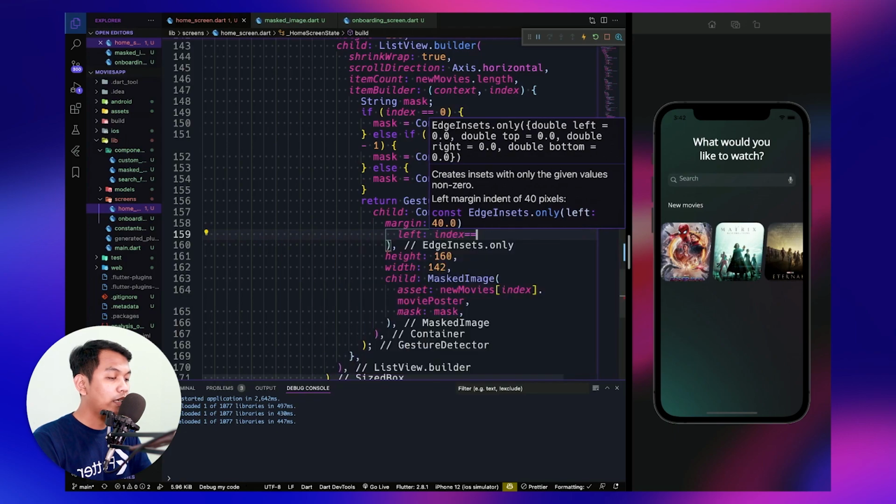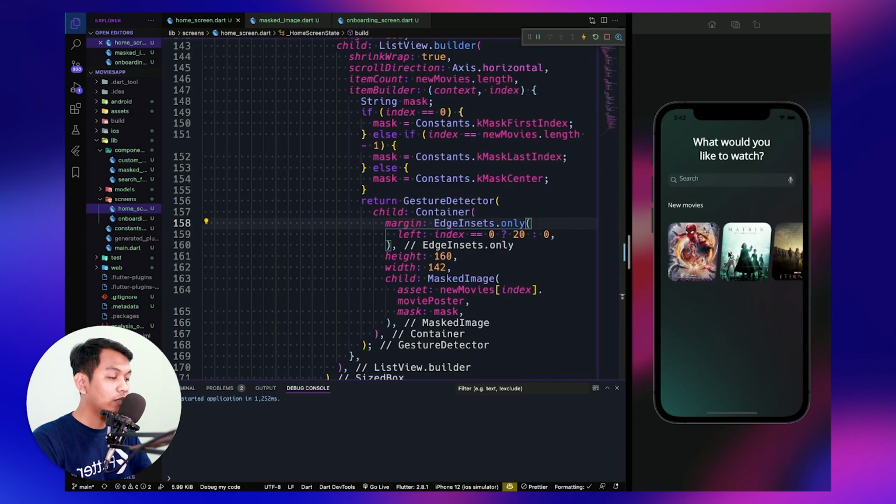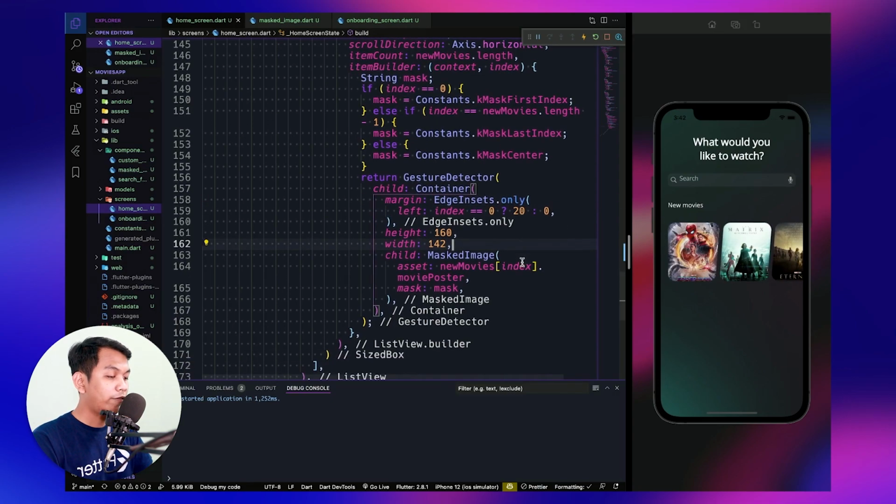If the index equals 0, we give the left padding of 20, and when the index is not 0, we give padding 0. So we don't give any padding here and the last here. We just need to give a margin on the left when the index is 0.